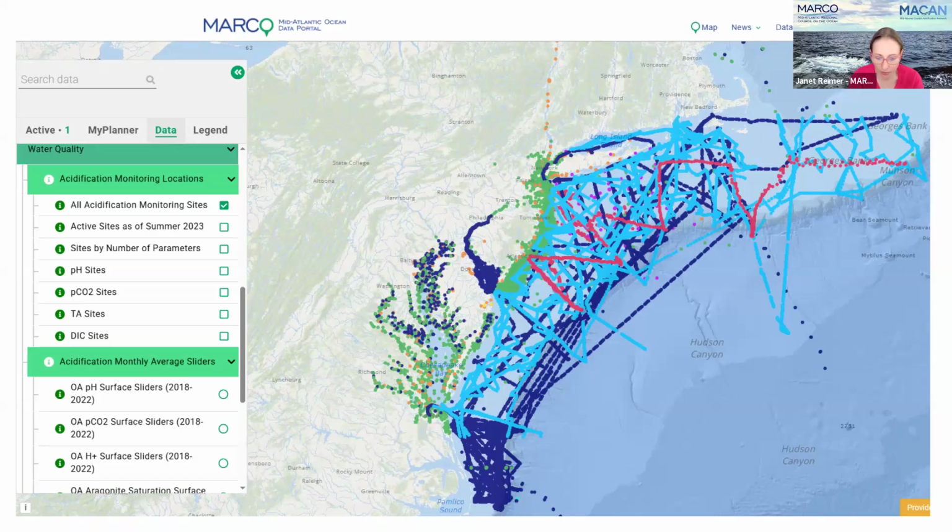And then we have another project that is combining carbonate chemistry data and shellfish data. So I think we're looking at the eastern oyster and surf clam, which are two of the most economically important shellfish species on the East Coast. So we hope that by mid 2027, those projects will be complete with their new layers up on the portal.